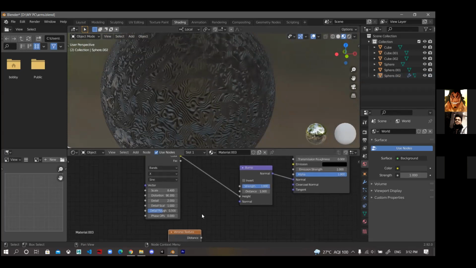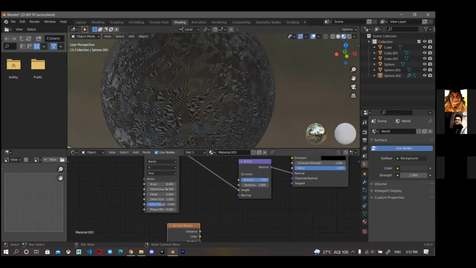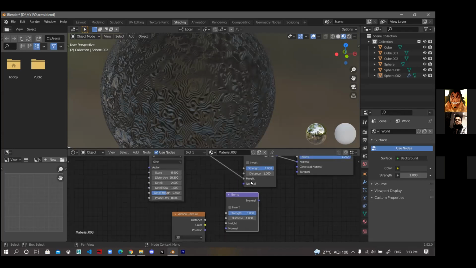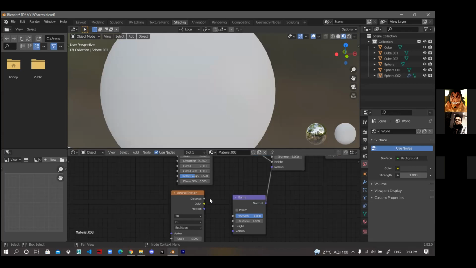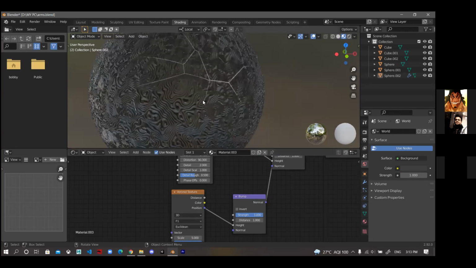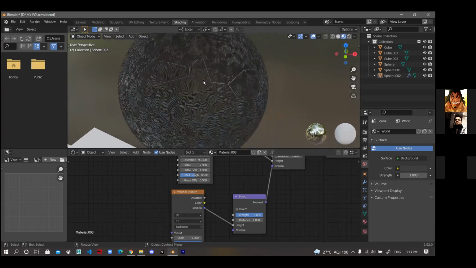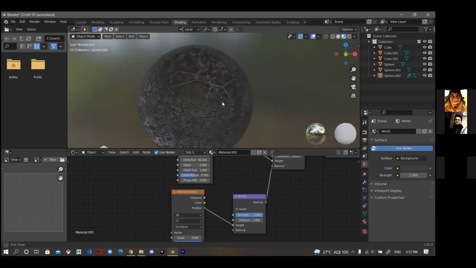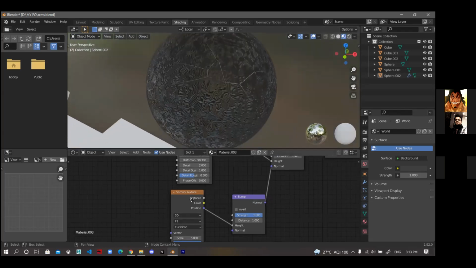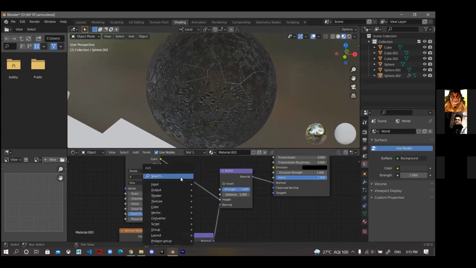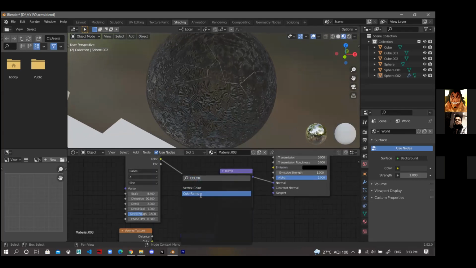Now again, to add this Voronoi texture along with this, you can use a color ramp. Add this to the normal. You can see this Voronoi effect, it's a little faint, so use a color ramp.